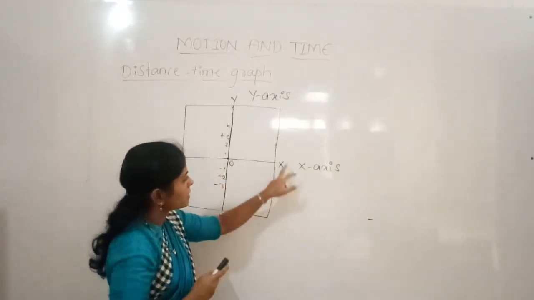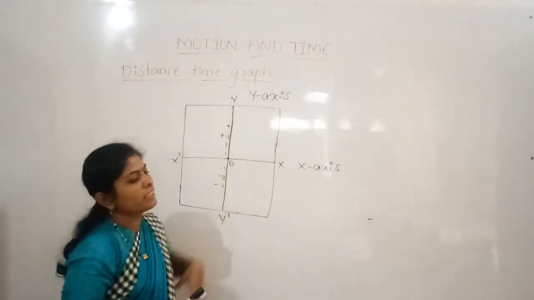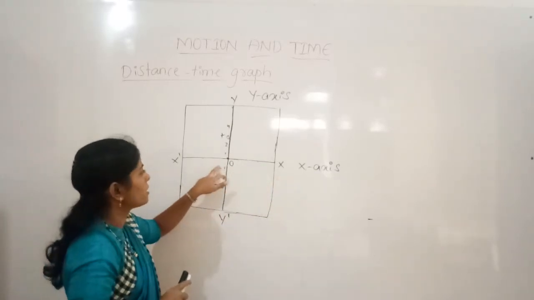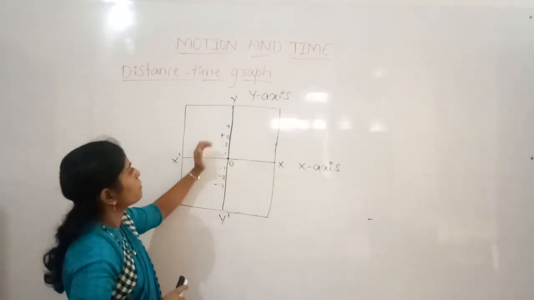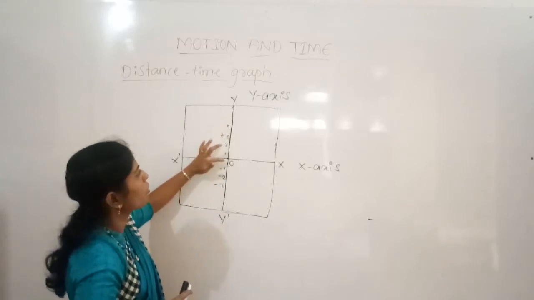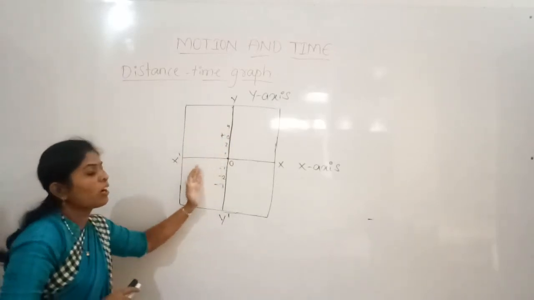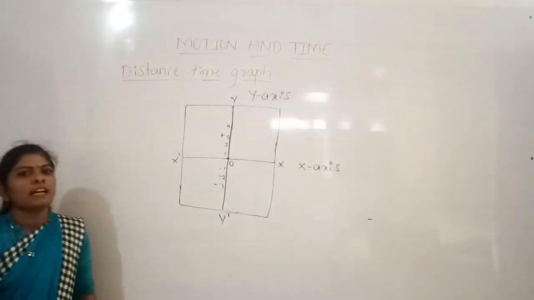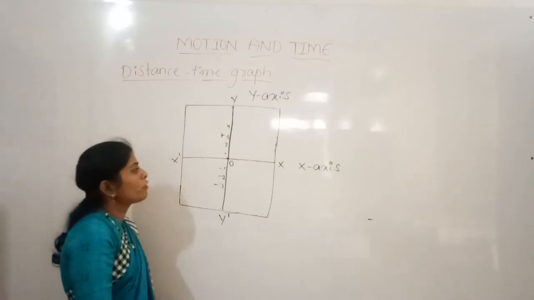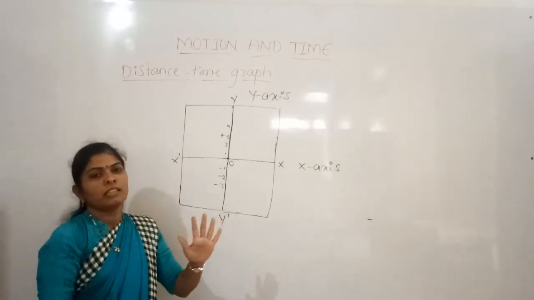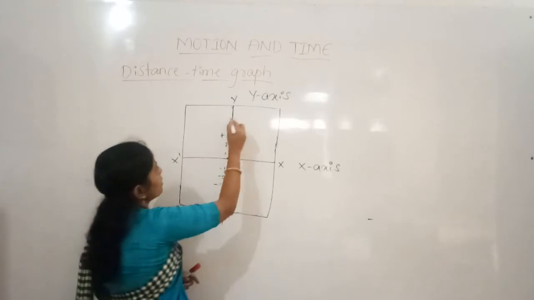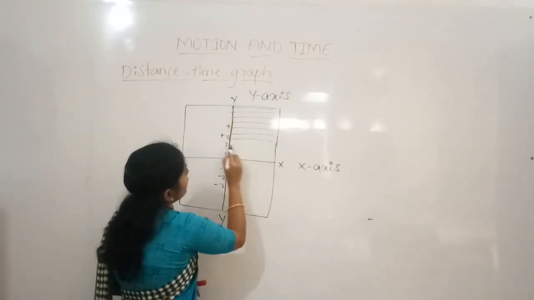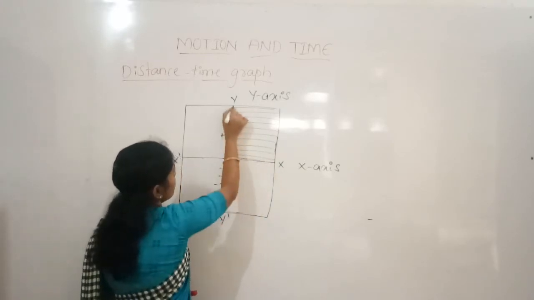Yes, this is the x axis and this is the y axis. The positive numbers are mentioned along OX and negative numbers along OX dash, and the positive numbers in the y axis are mentioned along OY, and the negative numbers or negative values will be mentioned along OY dash. And in your class we are going to discuss only positive numbers, so you just concentrate only on this part. Okay, we are now discussing only about positive numbers.